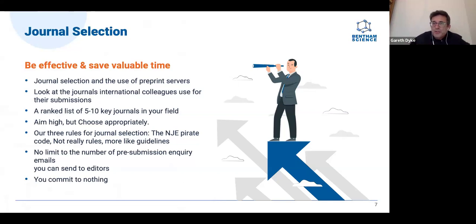And in order to do this, we talk to colleagues, we talk to our supervisors, we talk to our mentors, we find similar papers recently published in our field, pharmacy, pharmacology, that have done the same kind of thing as the paper that we wish to publish. So get involved in an initial journal selection stage for your article in order to be effective, and send out